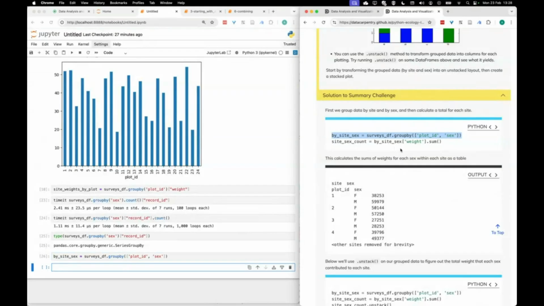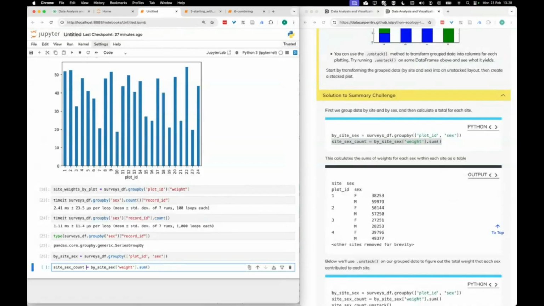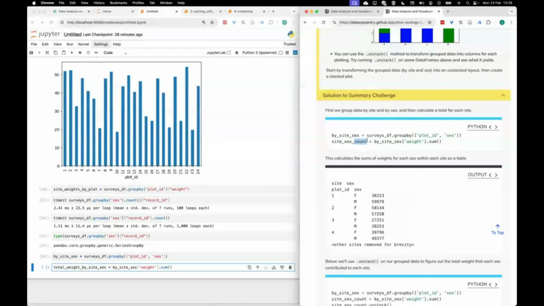Okay. Then what we want, I think this is misnamed because it says count here. I would call it something else. So once we've grouped the data by site and by sex, I would call it weight by site and sex. Total weight, if you want to be really explicit, right? That is what it's asking for. So it says here count, but what is it counting? It's counting the weight. So I'm just calling this variable something else, rather than the example, which I think is a little bit